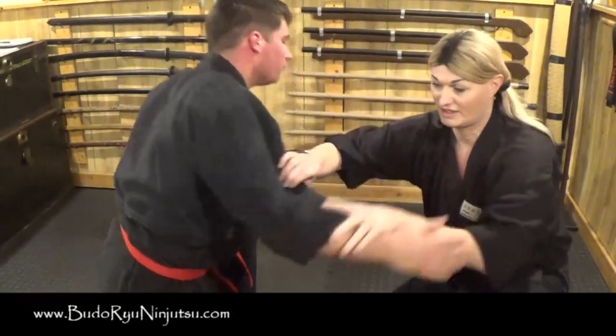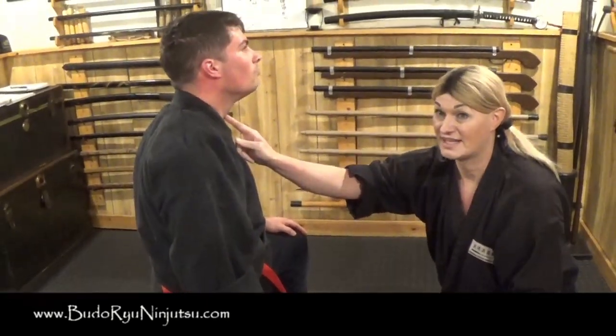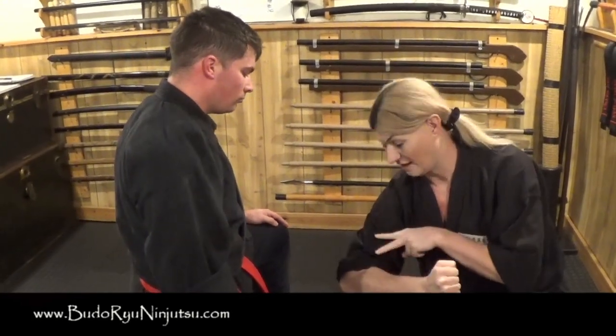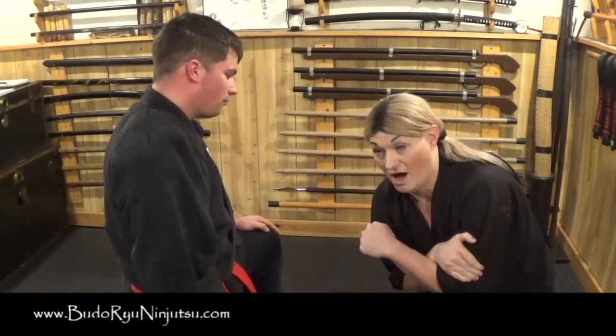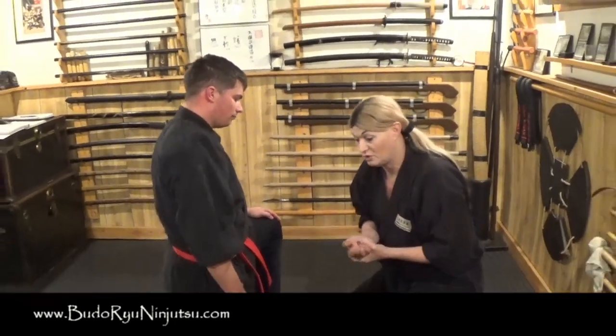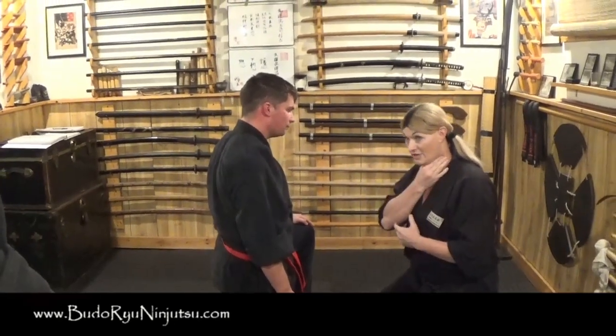hold on one second, I'll get it for the camera. I want my elbow as close to the front of that box as I can. I want to scissor this way, cutting the airway this way as much as I can. This arm can then put pressure behind, or I can get it underneath my armpit and then cinch in. That's how you're trying to do it. And then as you lean back,